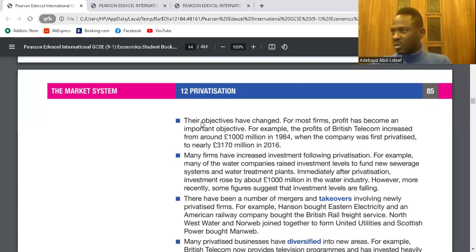Investment will increase. With privatization, investment will increase. But the problem is, is there going to be consistency in investments? That would be an answer that happens in the future. If you think the public sector was not efficient and you take over, and at the end of it all, it is still not efficient, then it becomes a problem.